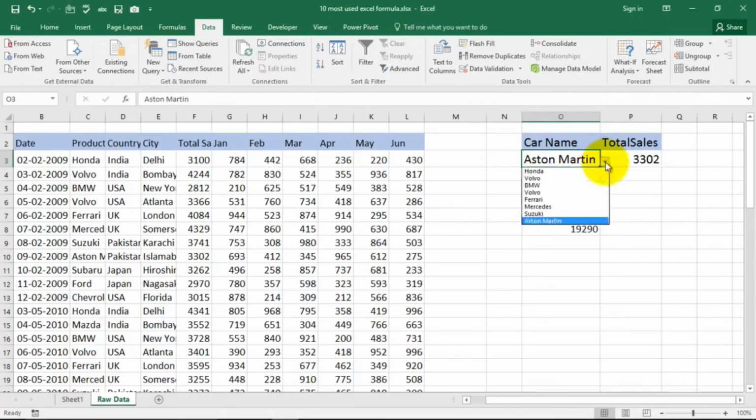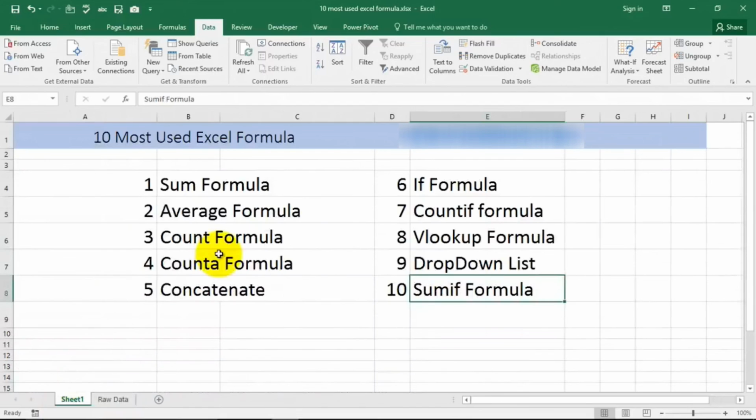19290. If I choose, say, Honda, it will change to 180,640. If I choose Mercedes, it changes again. So this is the SUMIF formula. So guys, today we covered 10 most used formulas in Excel, which